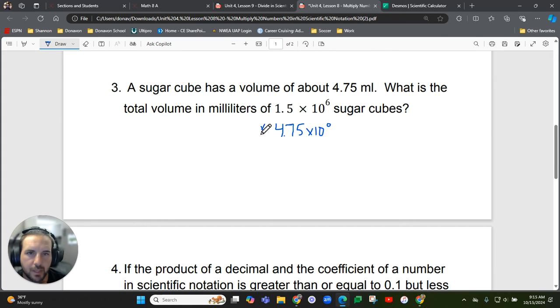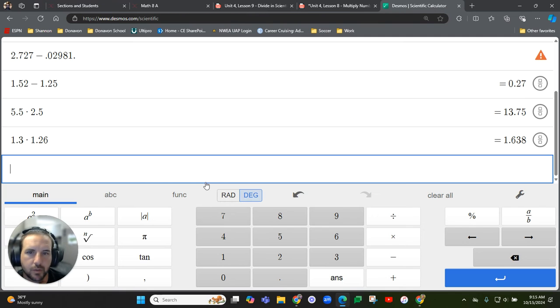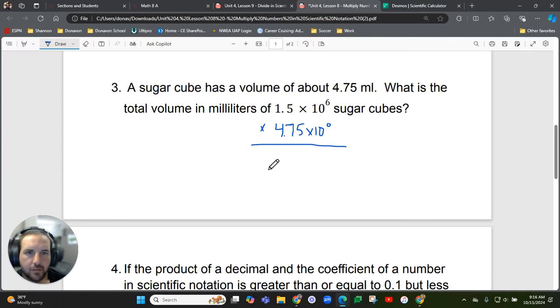Okay, so I'm just multiplying these two numbers. So 1.5 times 4.75 is the coefficients. 1.5 times 4.75, I get 7.125. And then again, I'm going to add the exponents. 6 plus 0 is 6. So 7.125 times 10 to the 6th milliliters